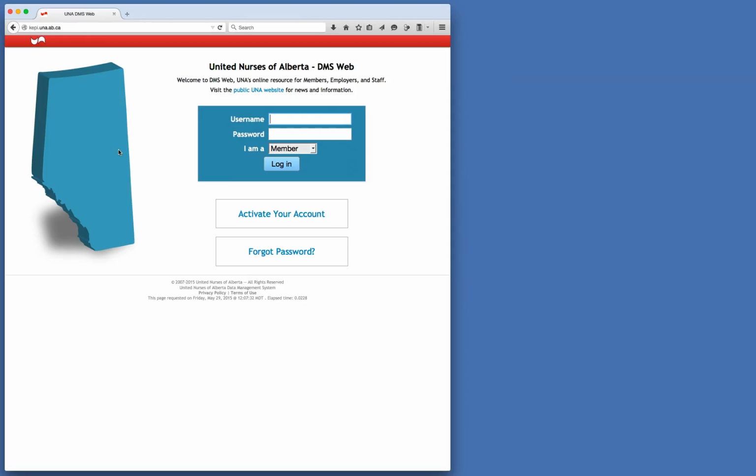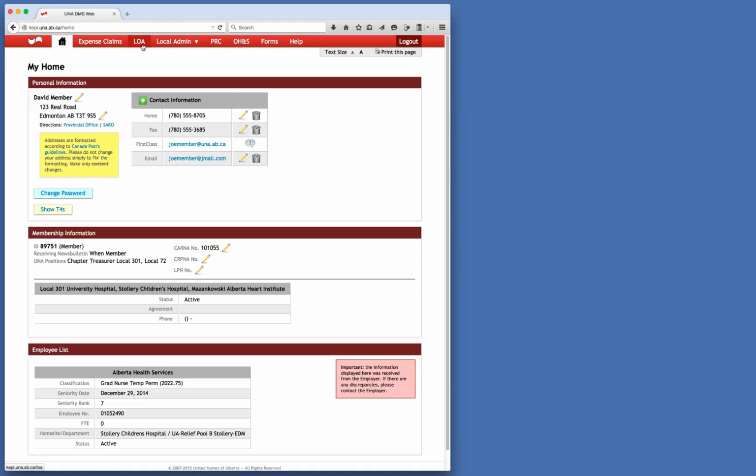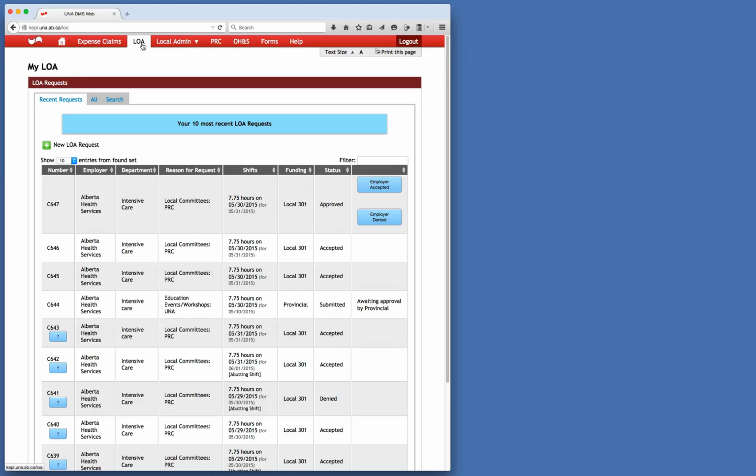Once your manager has approved or rejected your request, you need to log back on to UNA's DMS web and enter in that information. Click on LOA at the top of the screen. The Recent Requests page will appear, and two blue rectangular buttons will appear on the right side of the page